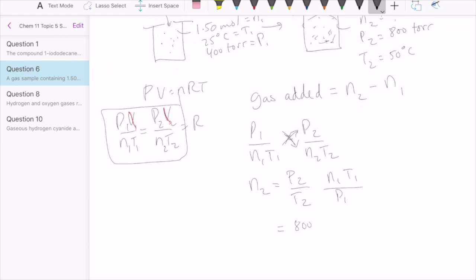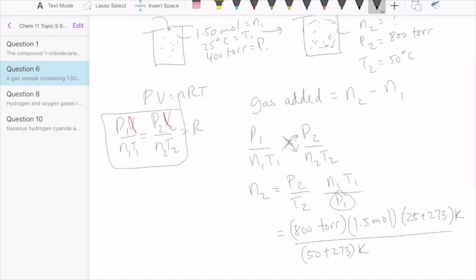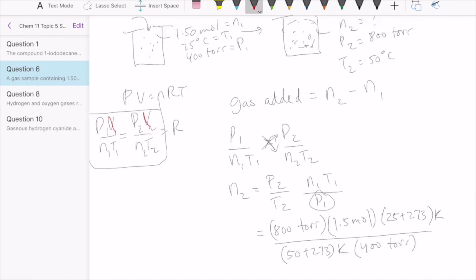P2 is 800 torr. Now notice I don't need to change this to ATM because I have a P1 at the bottom in the denominator that's also going to be in units of torr, so I can cancel that out. N1 is 1.5 moles. Now temperature has to be done in Kelvin because that's how the gas relationships are observed. It's only in units of Kelvin. So the T1 is 25 degrees, so it has to be 25 plus 273 Kelvin, and T2 is 50 plus 273 Kelvin, and then pressure 1 is 400 torr. You can see that the units torr and Kelvin cancel, so you're left with number of moles as the final unit, and the answer ends up being